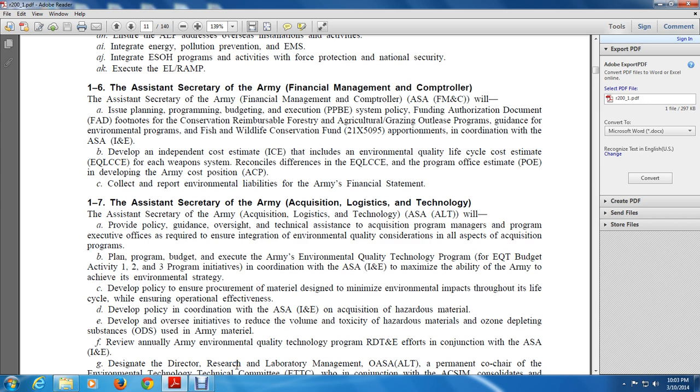Plan program budget and execute environmental quality technology programs for the EQT budget, activity 1, 2, and 3 program initiatives, in coordination with the ASA(I&E) and to the maximum ability of the Army, to achieve the environmental strategy. Develop policies and procure material designed to minimize environmental impacts throughout the life cycle while ensuring operational effectiveness. Develop policy in coordination with the ASA(I&E)